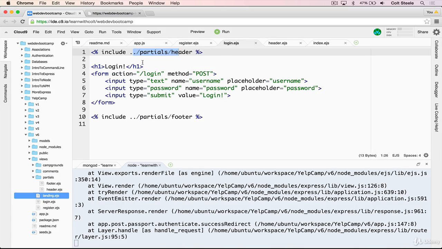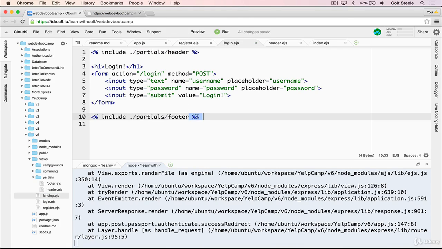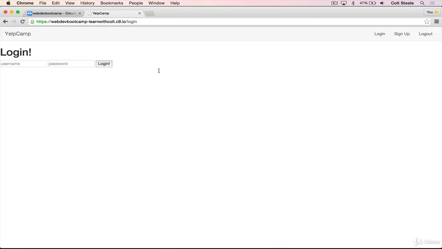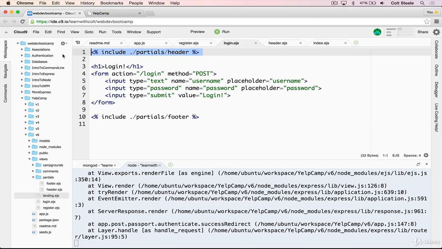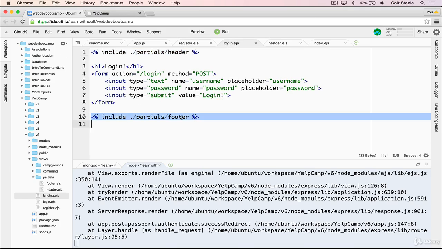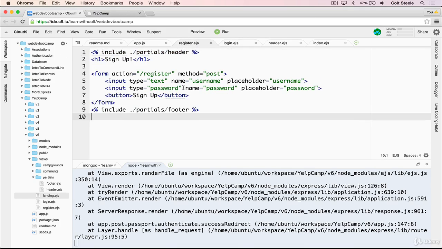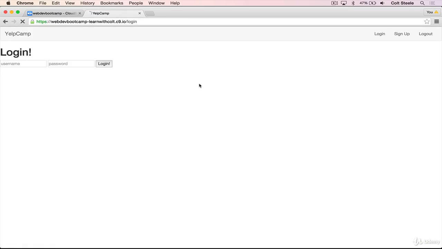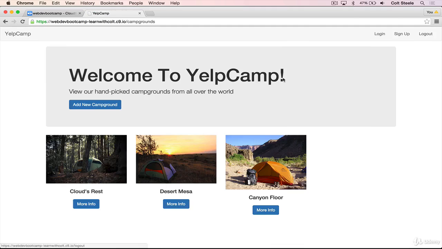All we have to do is /partials again, restart and refresh. Now we get the nav bar up here. Let's copy this over to register and the footer as well, and we'll save. And we should now have those forms on both. So I can go to sign up, log in, and if I click log out right now, it will log